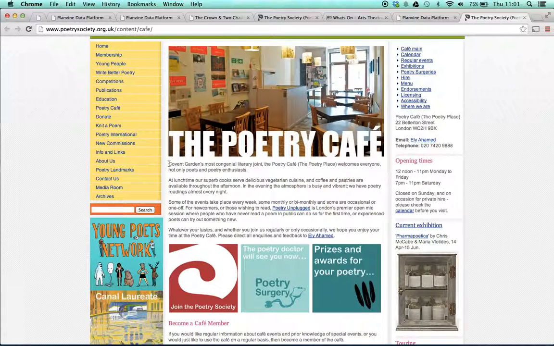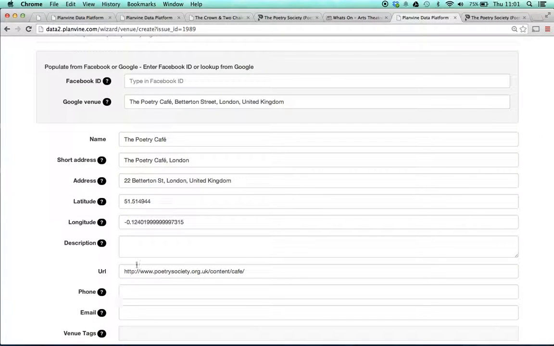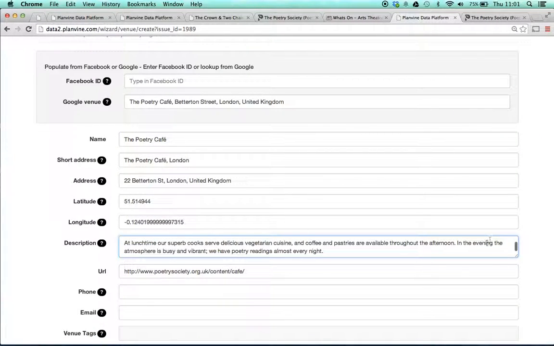And so we can see here, this is a description bit here. We can take as much or as little of it as we think is useful. I'm going to take the first couple of paragraphs, because I think that covers everything that's needed. So you need to use a little bit of judgment there on how much to add,